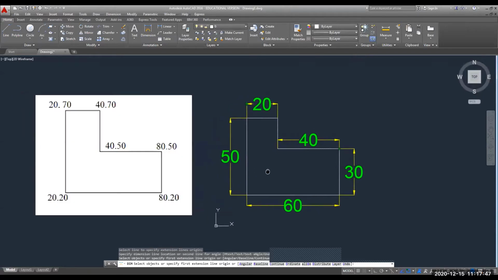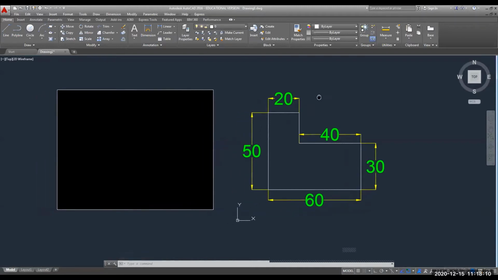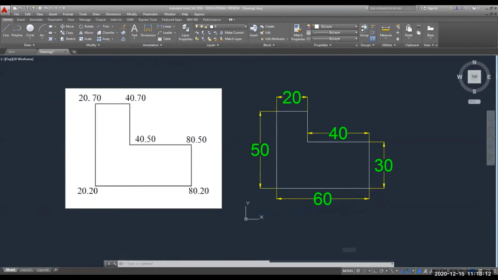This is basic software, so it will not create any problem. If I give the command to give the dimension, it will give the dimension. Okay. But you can see they are crossing. Dimensions are crossing each other and overlapping. So this is not required. So we will delete this part. Okay. So this is how we can use the absolute coordinate system to draw this figure. Okay. I hope it is clear to all of you.